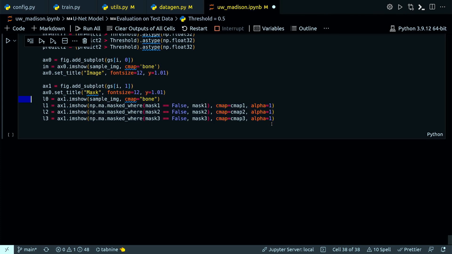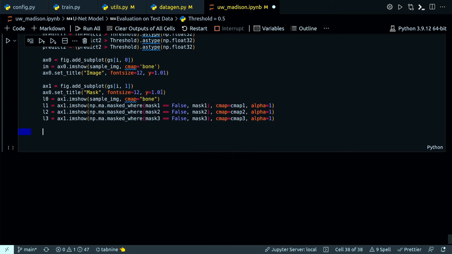So let me see what I mask. If I need to change anything here, np.ma.masked_where mask1 equal to false. So again, this np.ma.masked_where will put a mask where this condition is true. So in this line, anywhere in the array where mask1 is false, that will be completely masked, so I can only see the masked where with this entire line. So I think yeah, that all looks good,